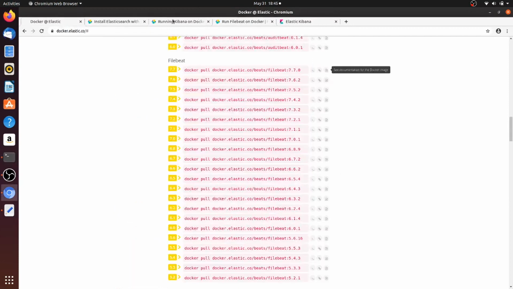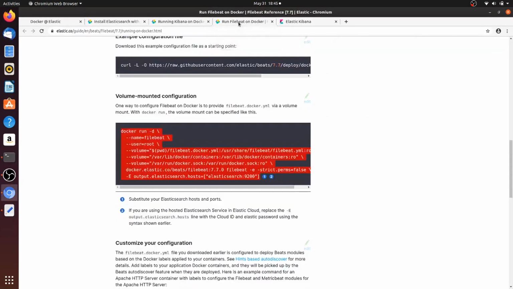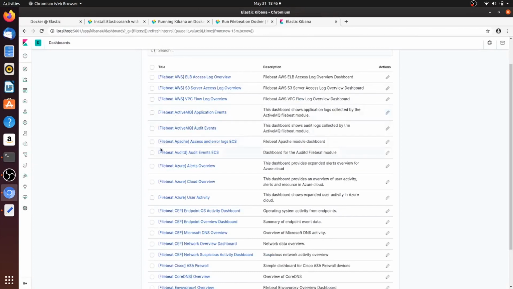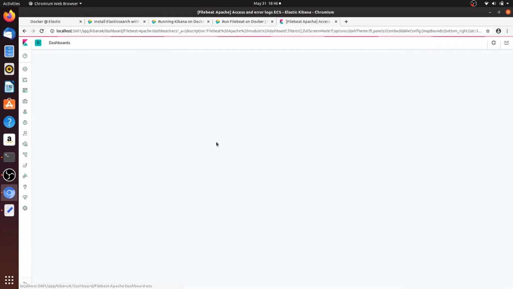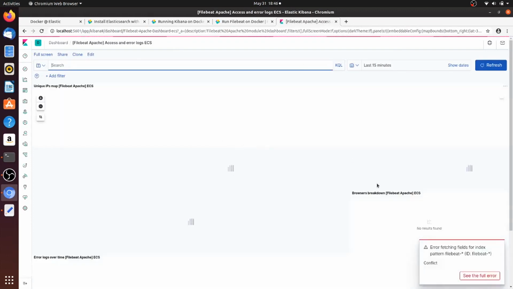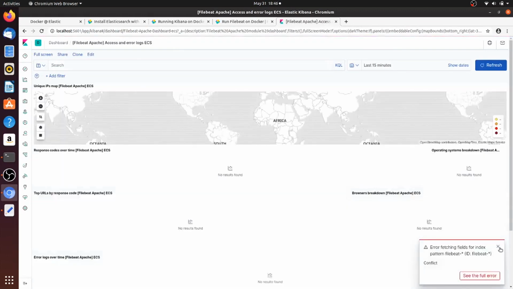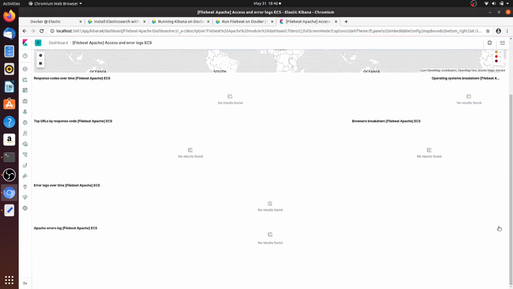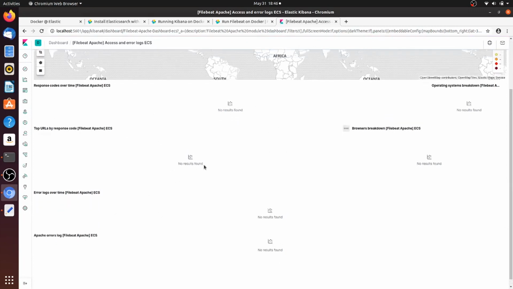You will see nothing now because we have not pushed anything, no Apache servers are running. It will take some time to load. Now you can see no results found, because we don't have any web servers in my local Docker.